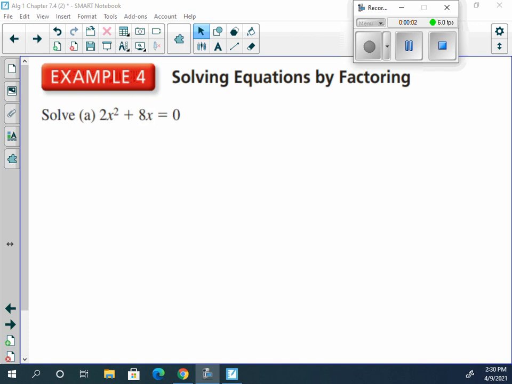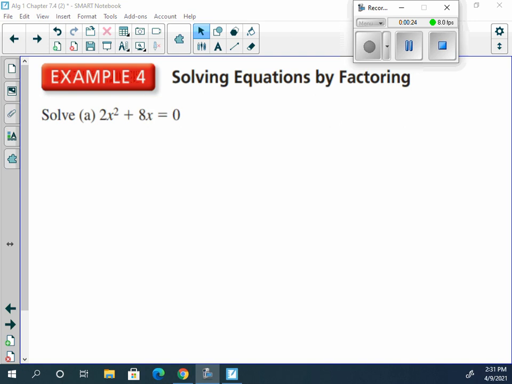Now what we're doing is we're taking what we did in the last lesson, the two parts, because we had one where we're multiplying two things together that equals 0. One of them must be 0, so we split them up. And at the end of the lesson, we worked with dealing with greatest common factor. Now we're going to use those things not at the same time, but in combination to be able to solve